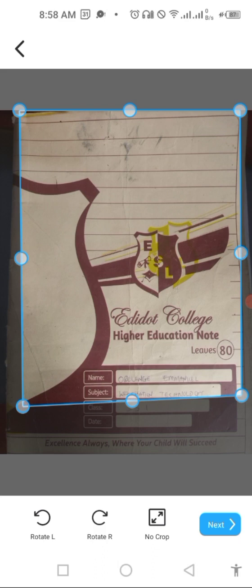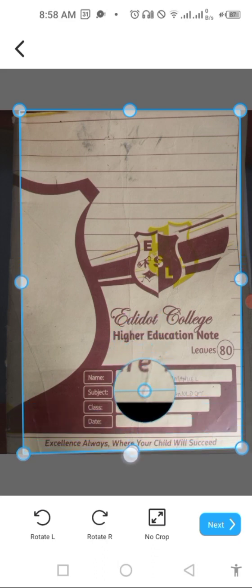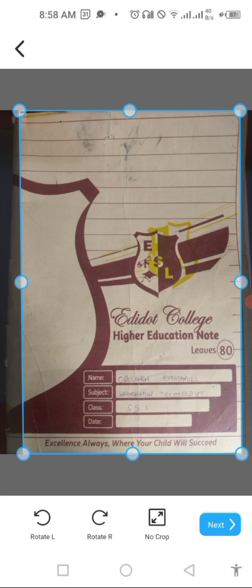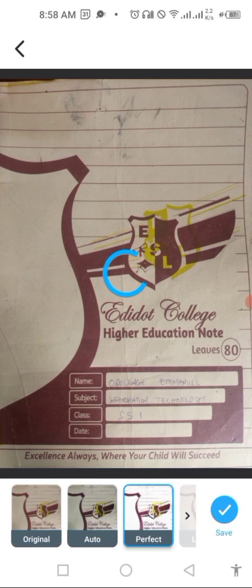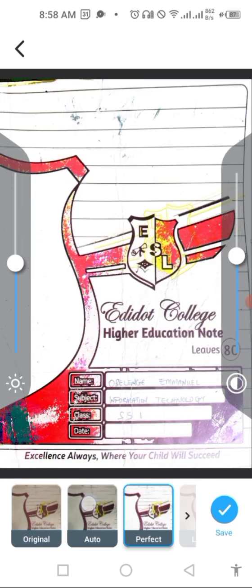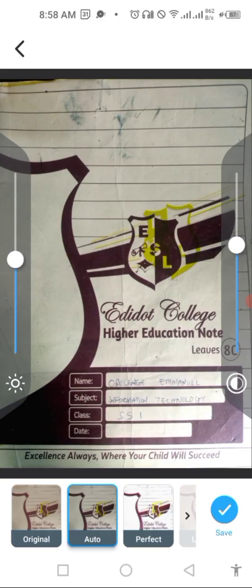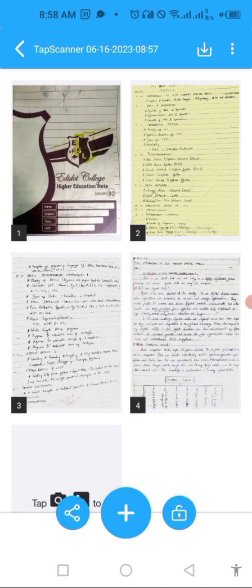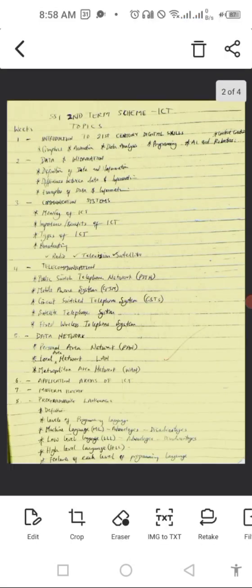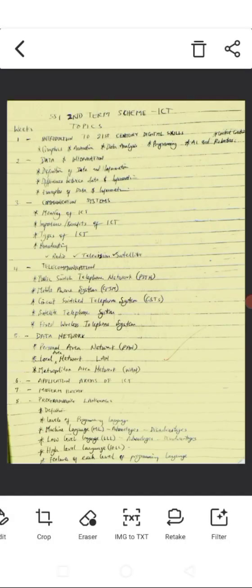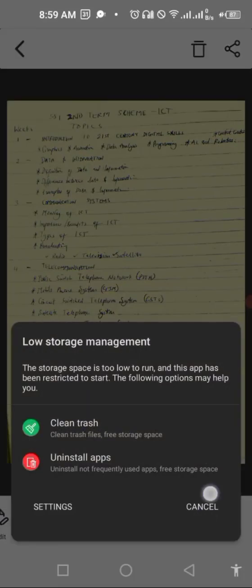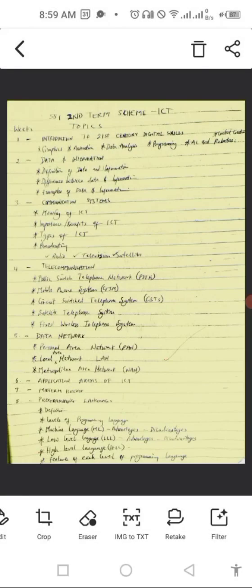I can just click on next, and then you see I can readjust it to whatever area I want, and then I click on next, crop it, and that is it. I can decide, okay, I don't want it to be that, I want it to be auto, and look at it, auto save. Then you see that particular one is saved the way I expected it to be. This one, let's say for instance I don't like the way it's displaying, I can decide to change the filter. Oh sorry, alright, memory is low. Okay, so that is it for this particular